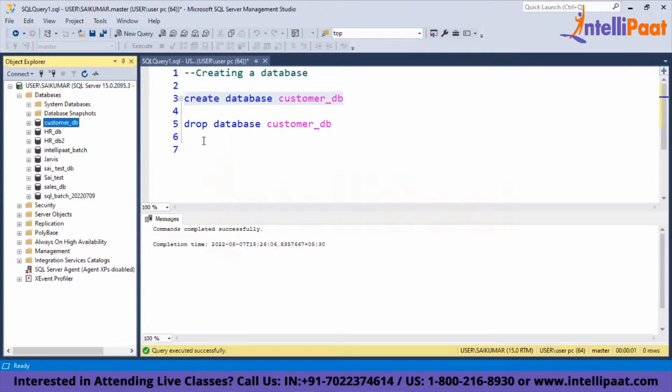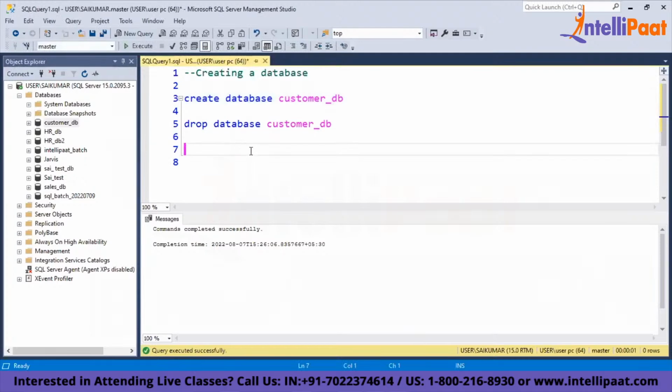It's just a new database with the same name gets created, and any data that was in that database before that database was dropped will no longer exist. So one of your friends is also asking, can we undo if we drop the database? Okay, so it depends purely on what kind of access is given to you. Okay, so if you are an admin and you drop a database, I don't think you will be able to